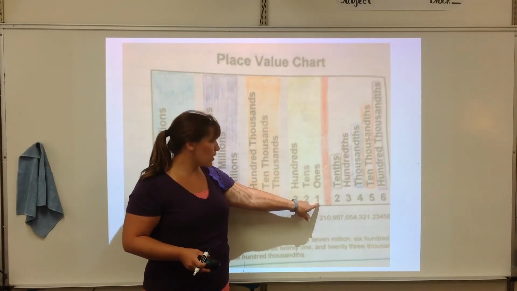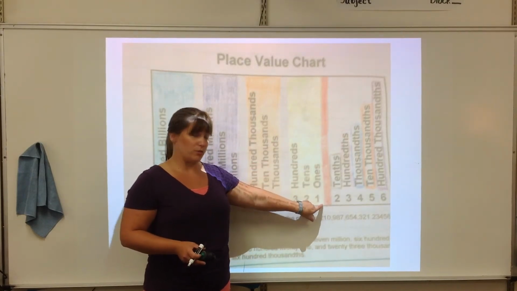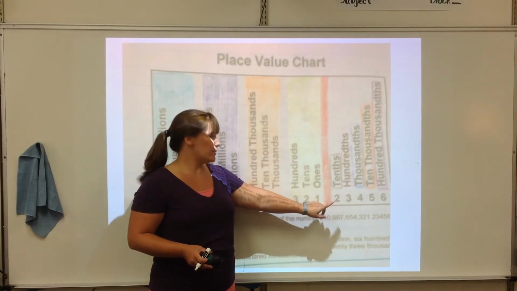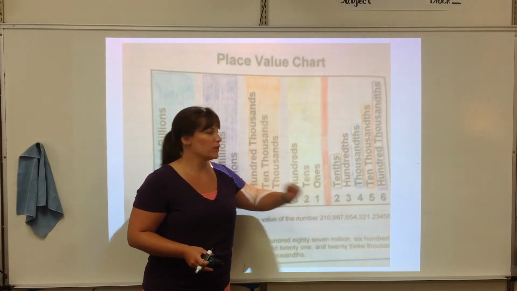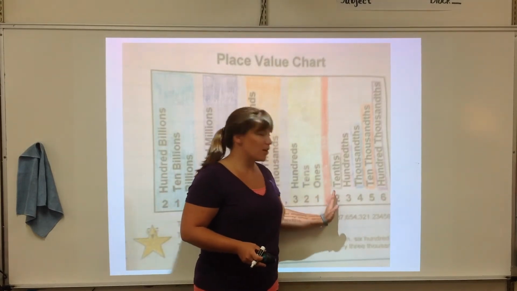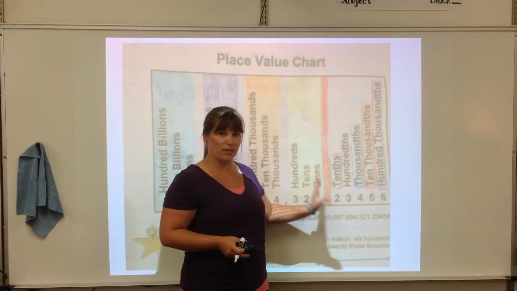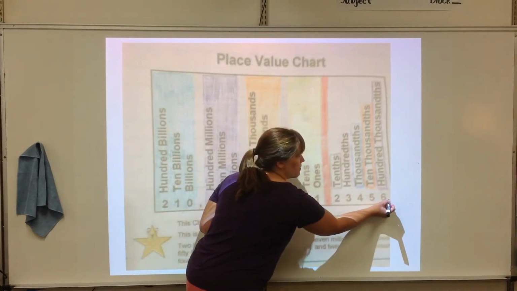So 321, and this is red on purpose. I would like you to color this red because that is where you pause and say "and." So now we have to tackle the smaller numbers. We're going to pretend that this is a number without a decimal in front of it. So if it was a number without the decimal in front of it, it would be right here, and then